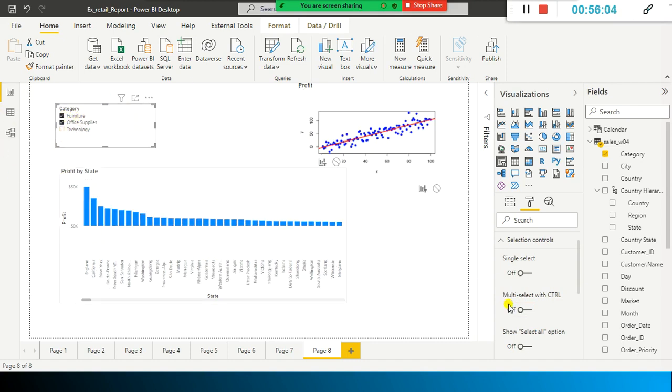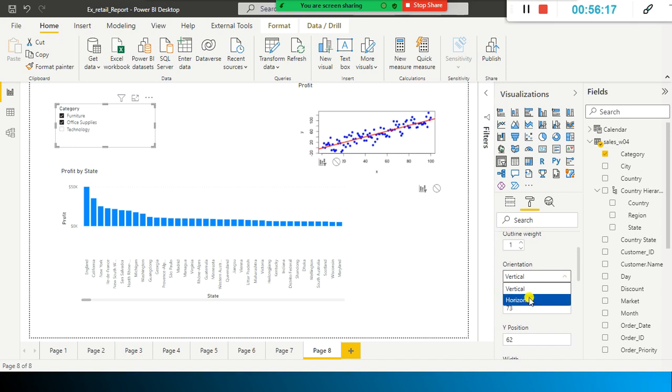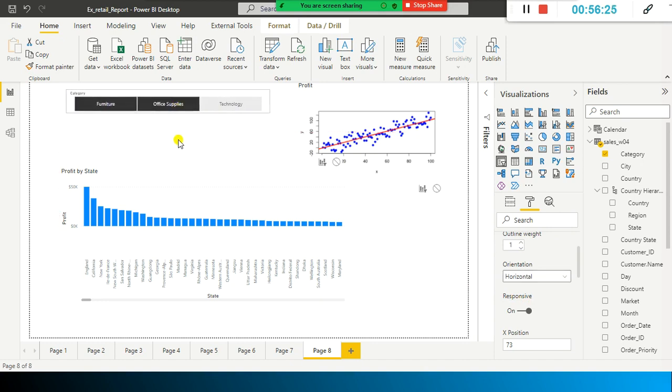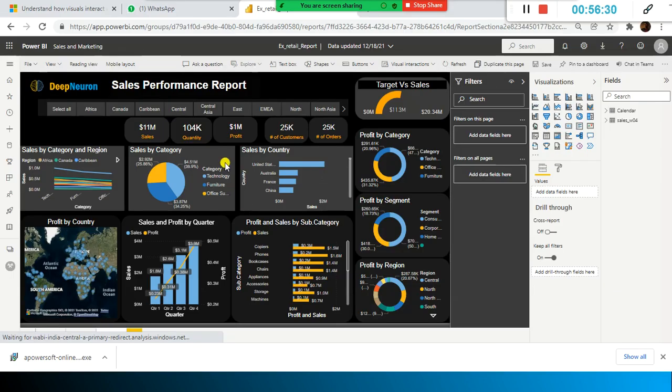They can select and deselect whichever filter they want to apply, right? So here I disabled this one, and then the next one is something called orientation. Instead of vertical, we can have horizontal also. Look here, horizontal. So you can make it more user friendly. Here you can keep it. That's what I did in my dashboard here. Look here, report here. So this is how you can keep it here.